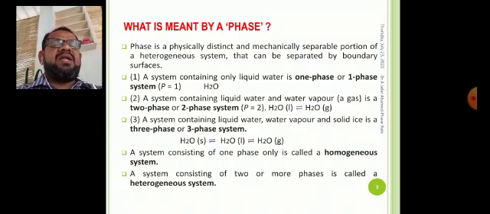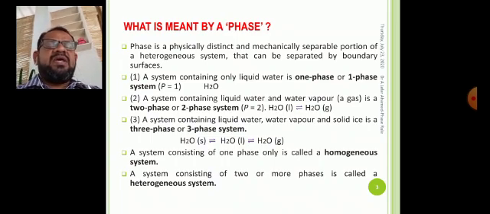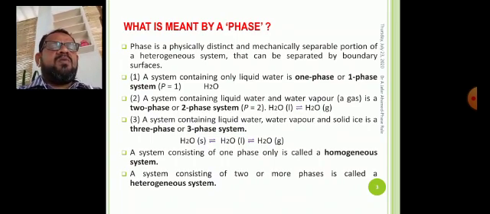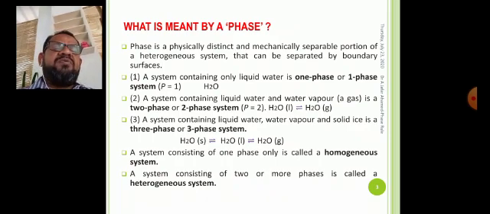Similarly, a system containing liquid water, water vapor, and solid ice is a three phase system: H2O in the form of solid in equilibrium with H2O in liquid, in equilibrium with H2O in gaseous form. If I consider only one phase, then I call it a homogeneous system, whereas when we have more than one phase,